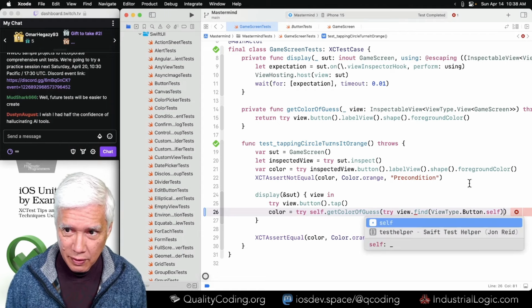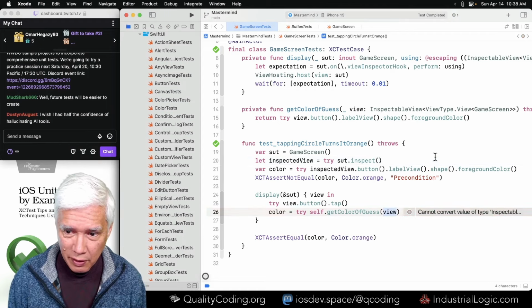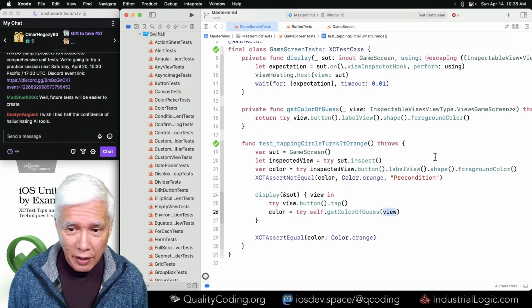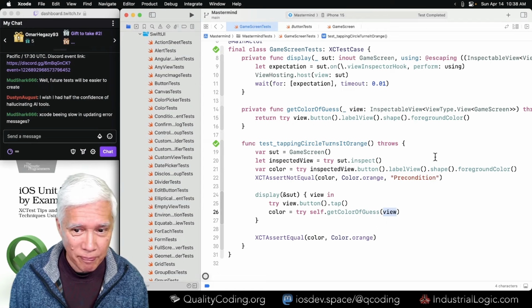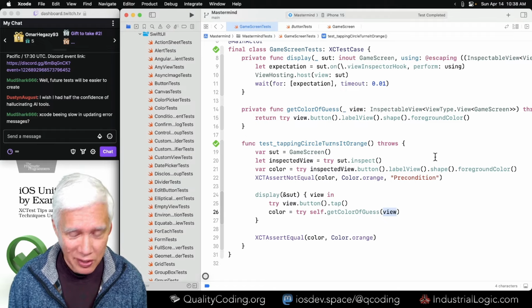No, because that's taking a game screen, not the button. Okay. All right. I think we got thrown off there by the error messages. Speaking of hallucinations,